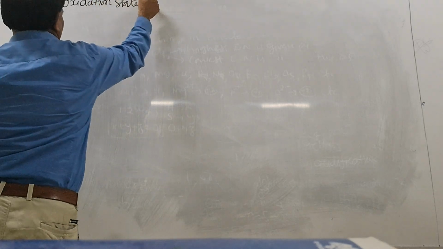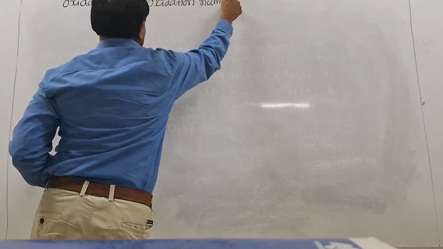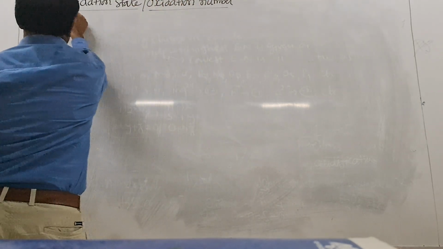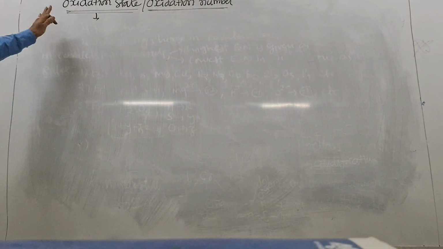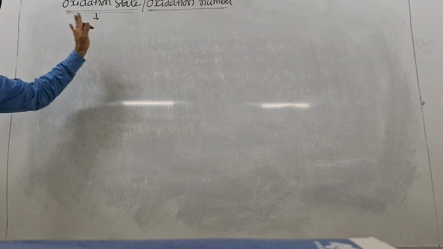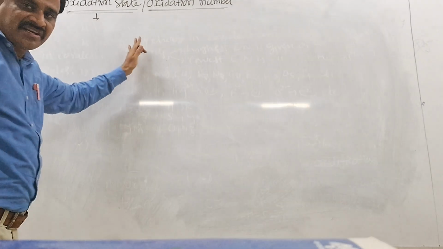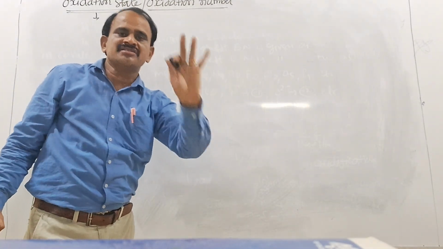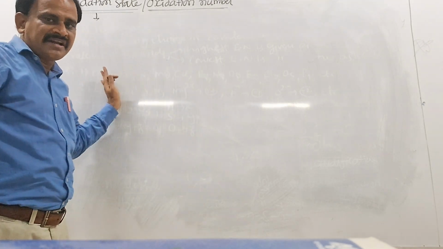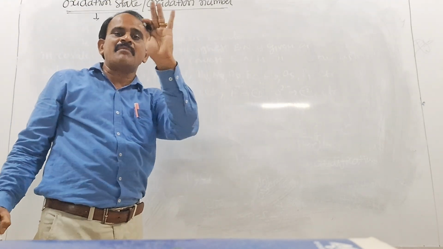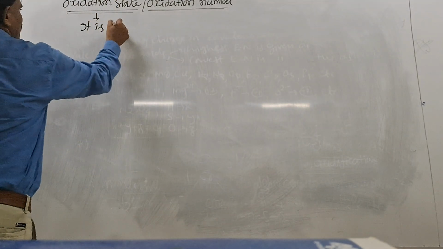Oxidation state or oxidation number. Okay. Now, how to define the oxidation state or oxidation number? The charge present on an atom in combined state or uncombined state is nothing but oxidation number or oxidation state. So, repeat once. The charge present on an atom in combined state or uncombined state is nothing but oxidation number or oxidation state. It is a real charge